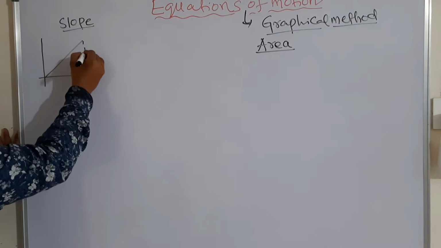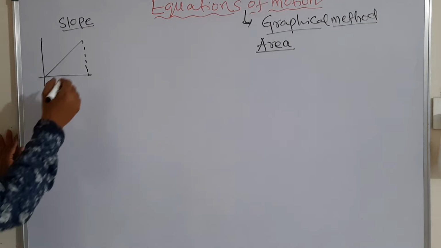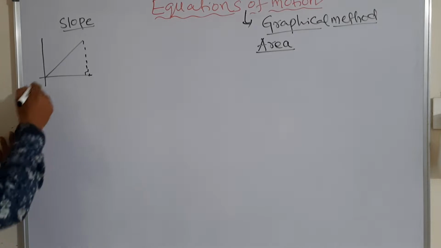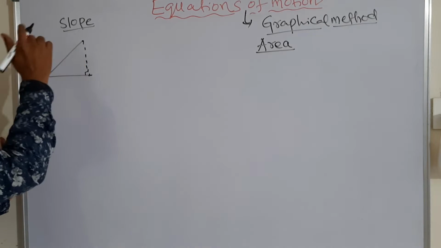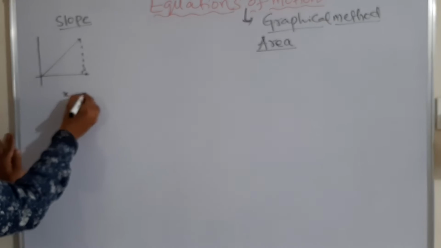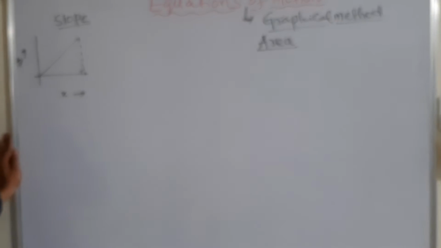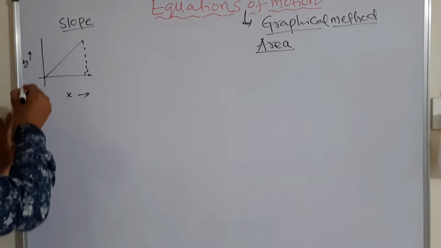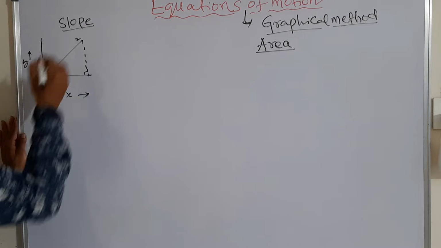Simply draw a perpendicular line. This is a right angle line. So this is the slope. Fix the 2 points. We want to find slope. I am explaining in easy manner. Here, this is x-axis, this is y-axis. How much slope you are finding, first fix it. So I am finding this much slope. So this is the first one, this is the second one.